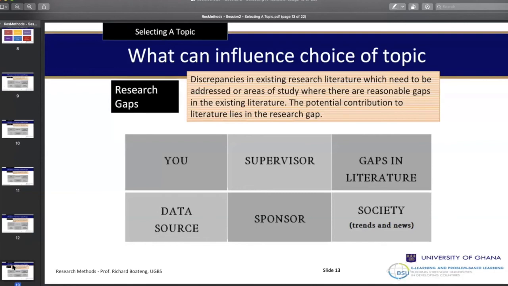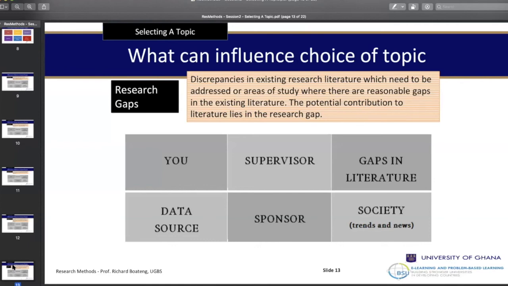Then the last one has to do with research gaps. Research gaps has to do with discrepancies in existing research, which need to be addressed. Every research that you carry out, it's important to find out what other researchers are saying concerning the phenomenon and find out what gaps have been left by these researchers. What we mean by gaps is that whenever anybody is doing research, in their conclusion they write out the future research directions that anybody doing research on this topic in future should look into. When they do that, they are giving you direction, pointing where future research will start from concerning corruption, concerning the different topics.